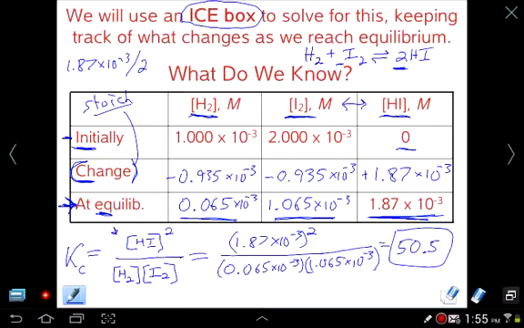Now we're going to do another problem that's very similar. This is going to be the last problem. But before we do that, I want you to take note of something, because this will come up with the next problem as well. What we did is we essentially considered this 2 during the stoichiometry, during the change phase, and then we considered this 2 also in the equilibrium constant calculation. So we considered it twice, and many students get confused asking,